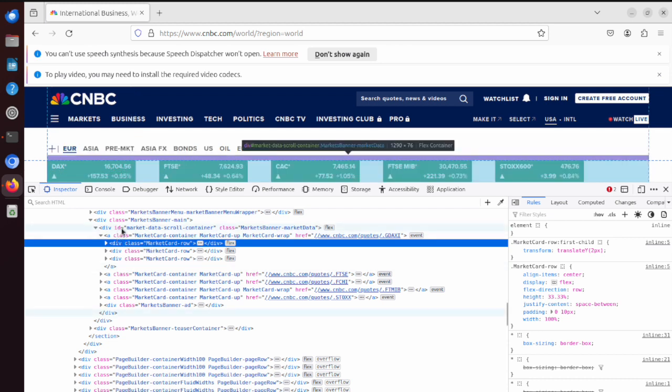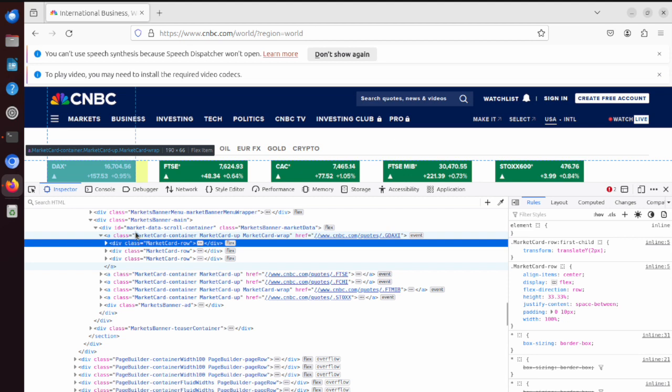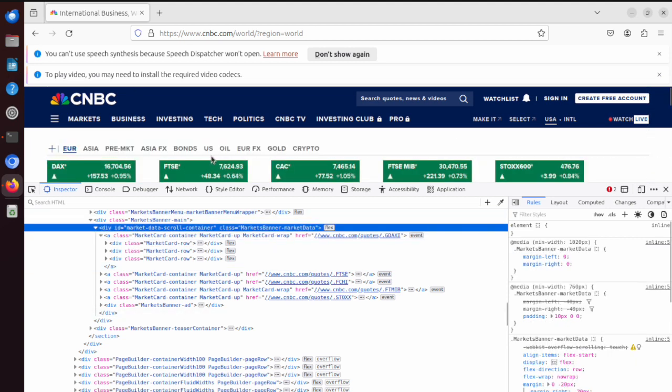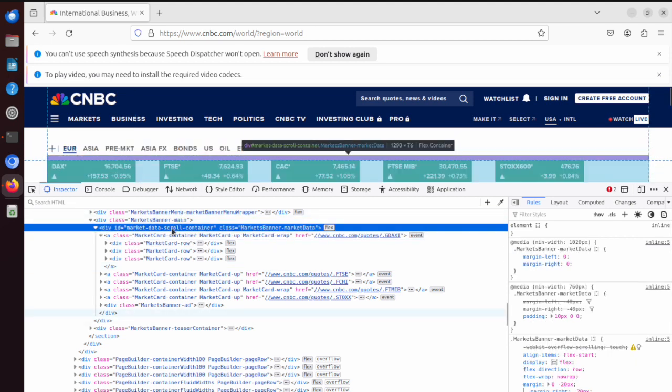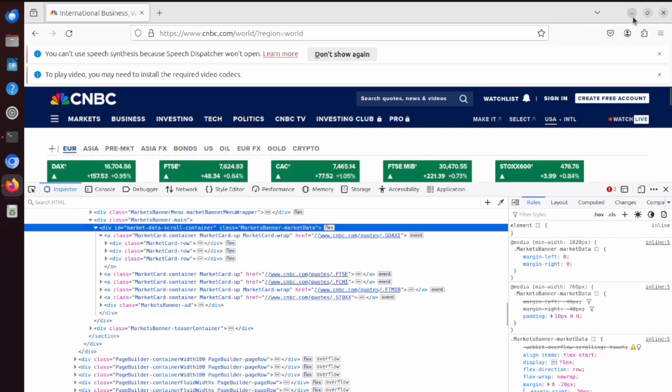We can see that this entire part of the banner is under a specific element with the class called markets-banner-market-data. So with that in mind,